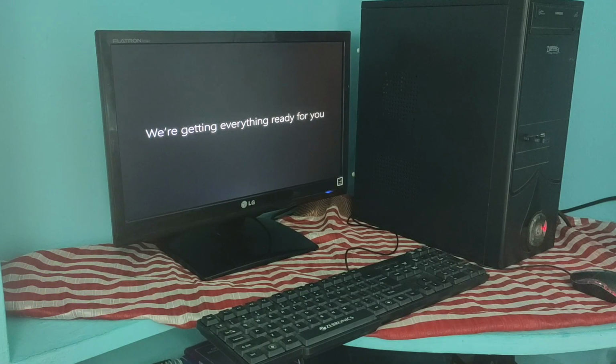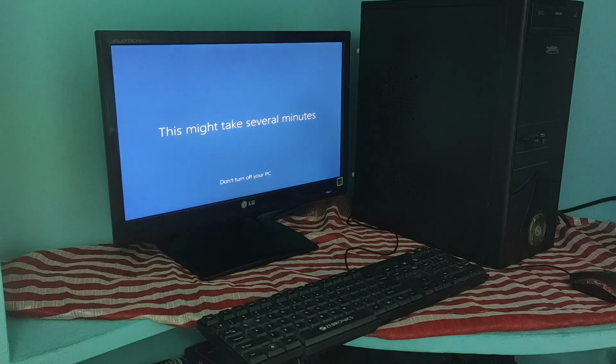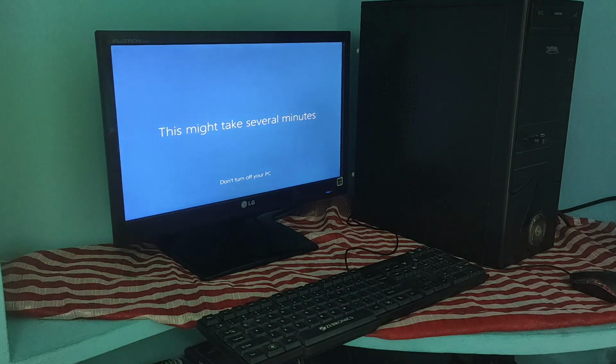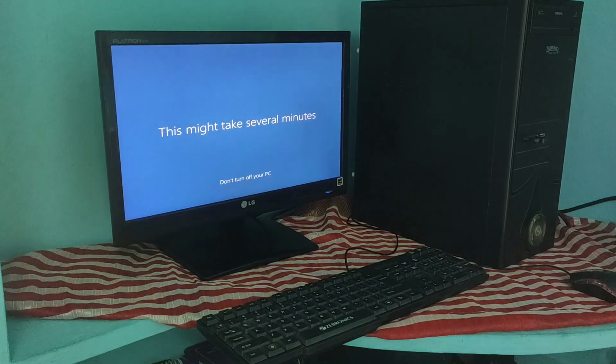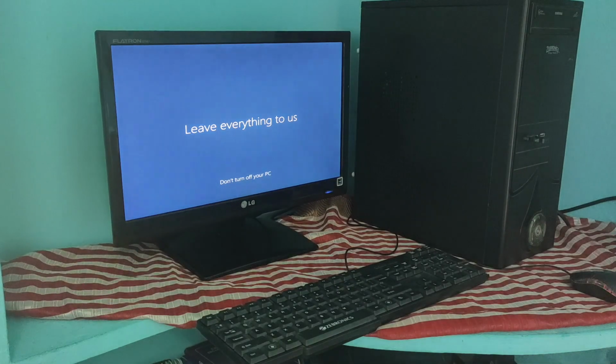Now Windows 10 is going to go ahead and create a new user account for you. So this is the process, so it will take some time. So now it's almost going to complete the installation for us.